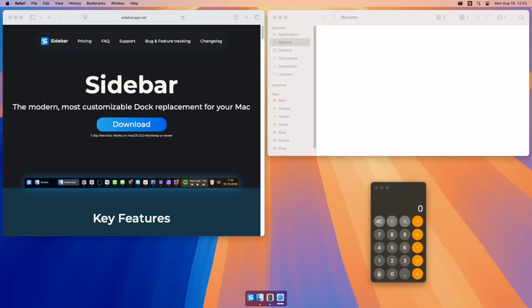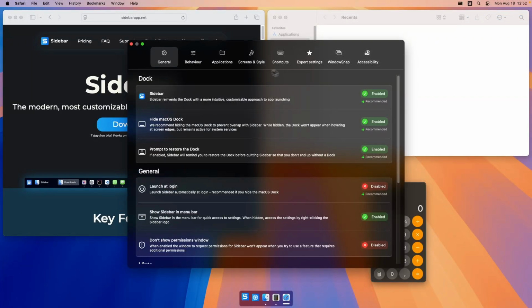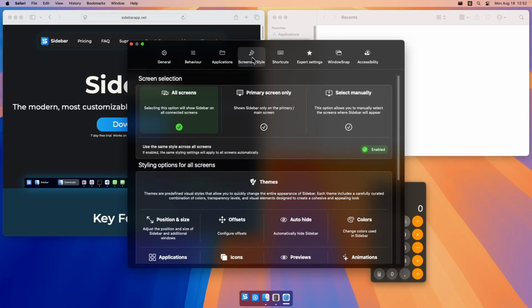basic styling settings. So first of all, let's open up the settings and we navigate to the screens and styles section at the very top. The first thing I want to mention here is the screen selection part, because this defines on which screens Sidebar is visible on. There are three options. The first one is Sidebar is visible on all screens. You can only show it on the primary screen, or you can manually select different screens where you want Sidebar